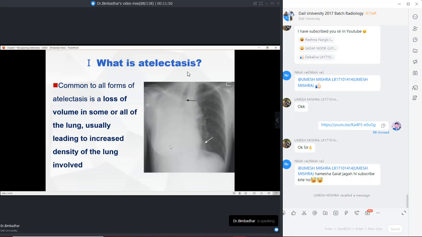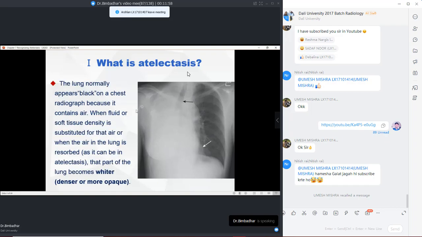So I think you remember all the things that we have done yesterday, but we will just deal with atelectasis for today, right? The lung actually has to appear black on a chest radiograph because it contains air. That's a simple logic. You see here, look at this radiolucency that is present down on the left side of